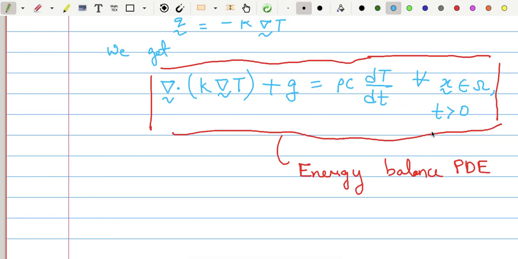So you see, all we are doing over here is we are starting with some conservation statement. We are writing down the statement in integral form, okay, and then we apply the divergence theorem, and using the fact that the integral could have been taken over any arbitrary subdomain, we finally get a governing differential equation. So this is the standard procedure that we adopt in order to get the governing differential equations for problems. All right.